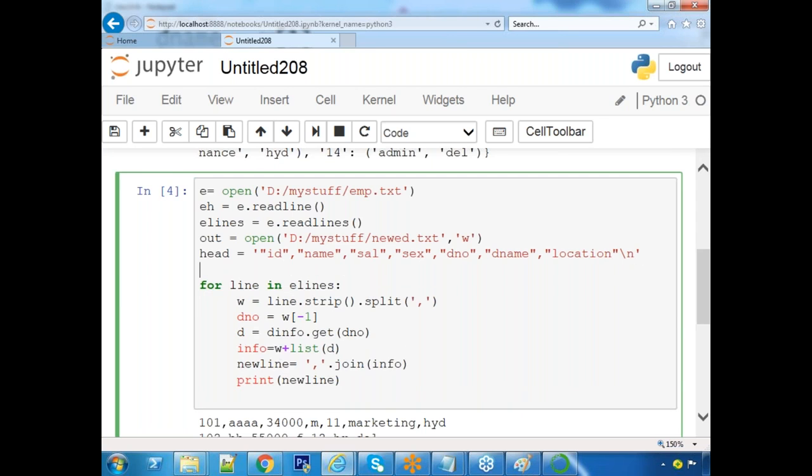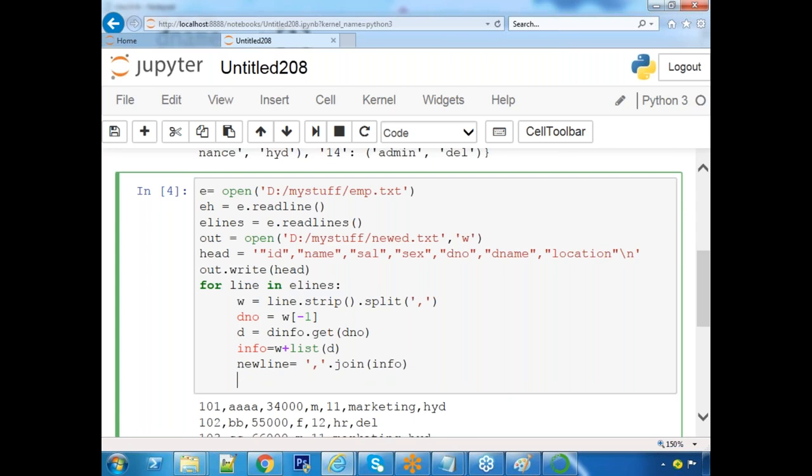So before performing your loop, first I am writing the header, out dot write of head. Within that loop, instead of printing that, I am writing my value, out dot write of new line. After new line, I want the next line. That's why plus \n.